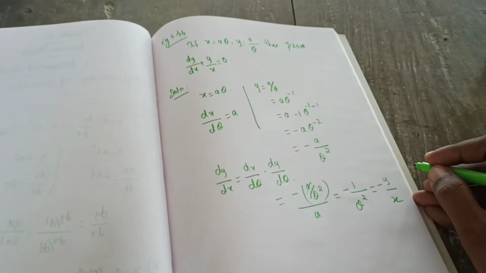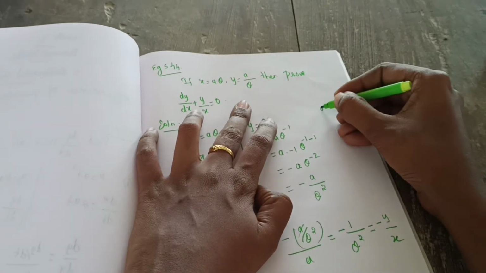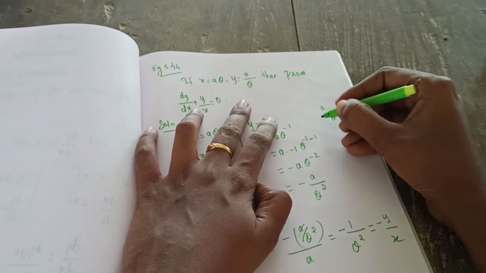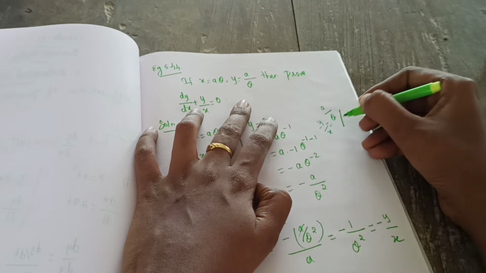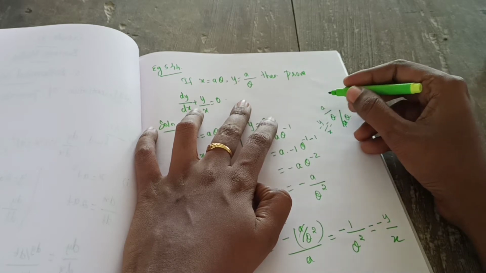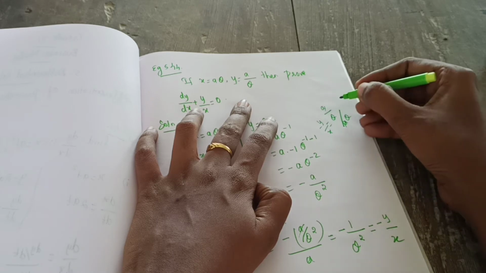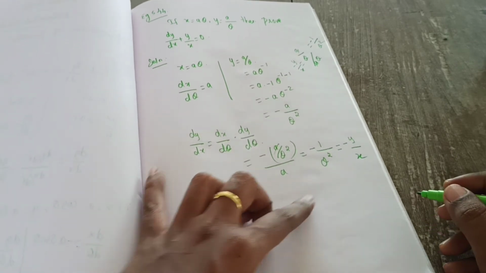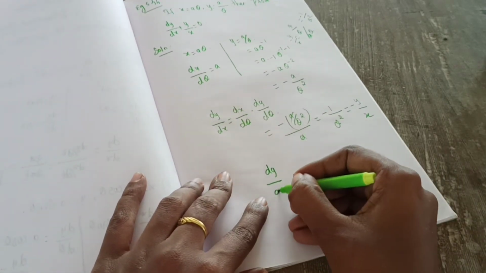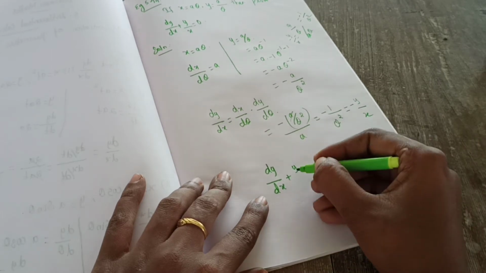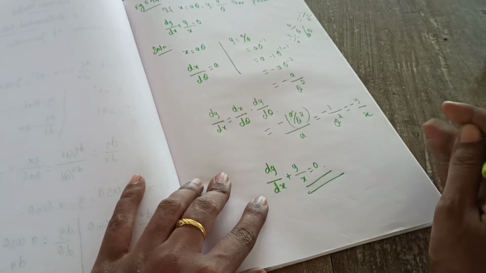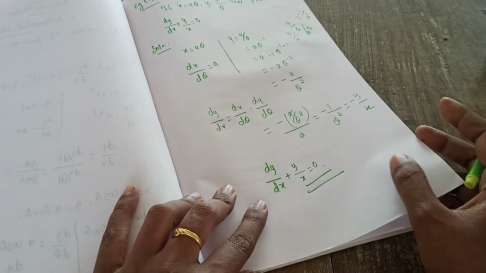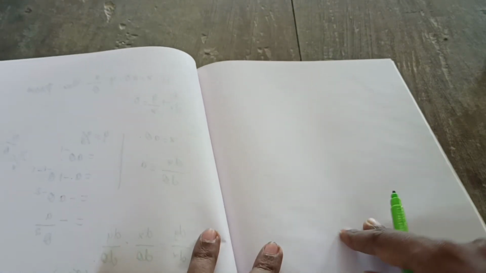Have you got like that? Yes, no? If you have doubt, you can go and check it. That is, minus y by x means a by theta divided by a theta. This will get cancelled, it will go. That's equal to minus 1 by theta square. So shall we say we got the answer? So that is equal to minus 1. From this you can conclude the answer: dy by dx, you can bring this to here, plus y by x is equal to 0. Okay, understand? So the analytic method is there, that's very easy. That also, if you need, you can go through. Okay. Next one.